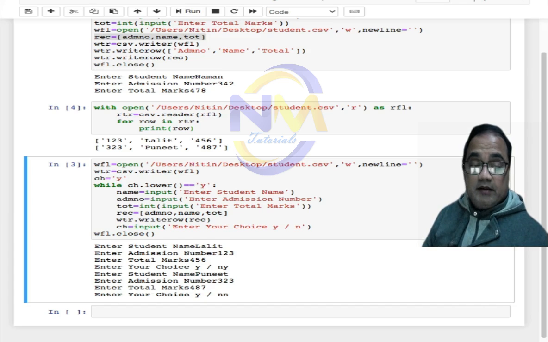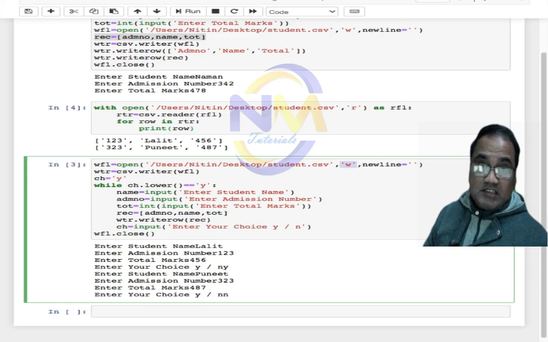Reason is this, कि here I have opened a file in a write mode again, and when I open the file in a write mode, so if the file already exists, the write mode removes all the data from the file and stores the fresh data in a file. So when I am storing a fresh data, there are no headings, so that's why it is not displaying any heading here,